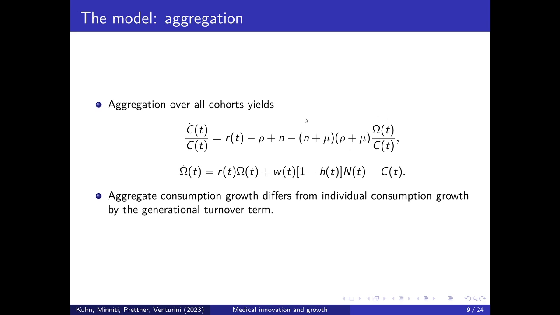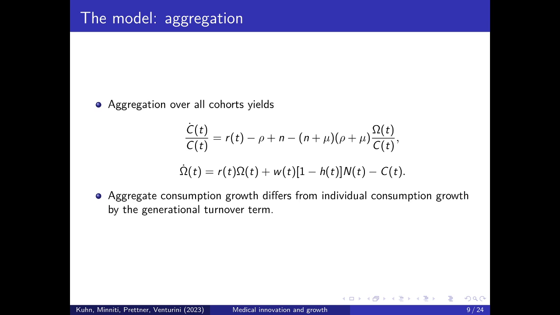And then we have the so-called turnover correction term, which shows up because at each moment in time, a fraction of people die, and they are already older and have accumulated assets, and therefore they can afford more consumption. And when they die, they are replaced by newborns without assets who can afford less consumption. So this continuously ongoing process of births and deaths slows down aggregate consumption expenditure growth as compared to individual consumption expenditure growth. And that's the so-called turnover correction term that appears here in the aggregate Euler equation,